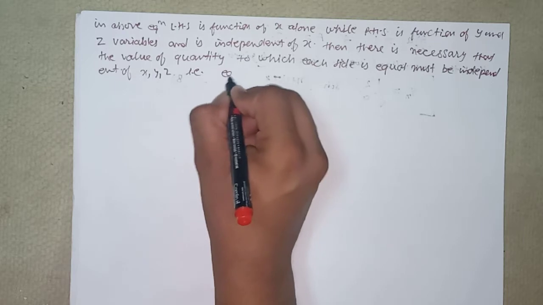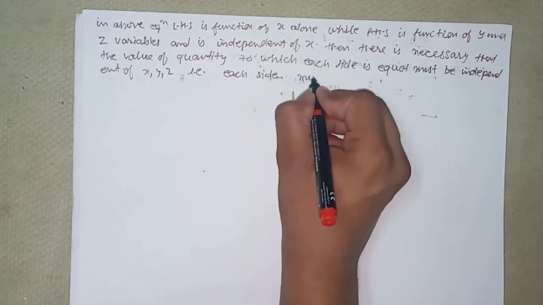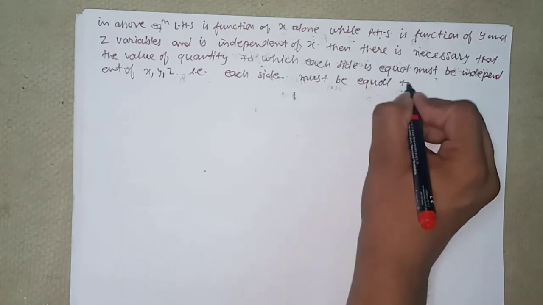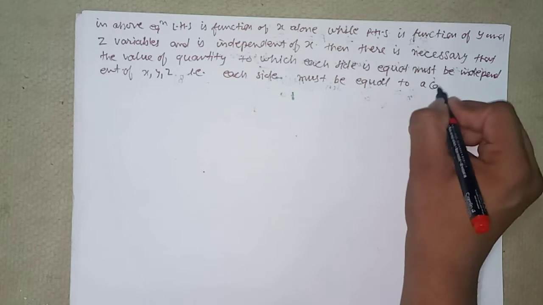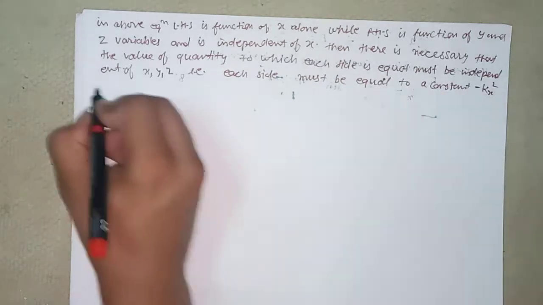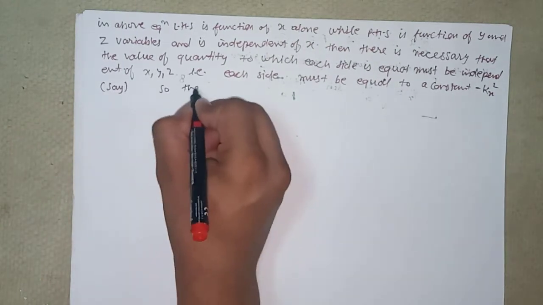That is, a side must be equal to a constant minus kx square, say, so that